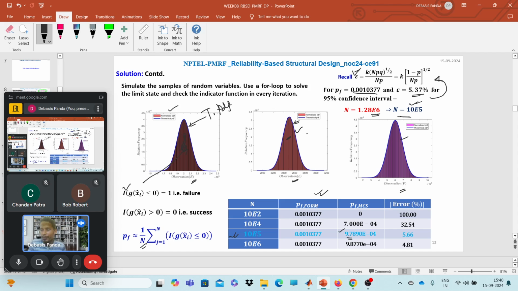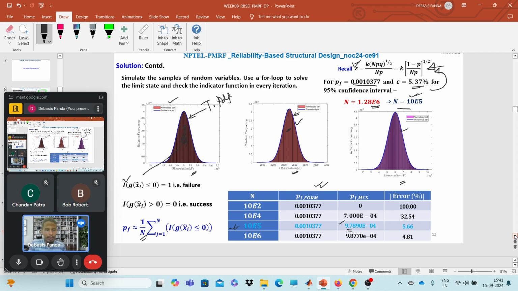If we have some results of FORM and SORM, to get those results using Monte Carlo simulation, what do we need to do? First, we need to generate the random numbers. How many? We need to decide based on this equation. This equation we get by approximating the binomial distribution of the indicator function to a normal distribution and calculating the confidence interval, and we get this number. Okay. Now, if we solve another example